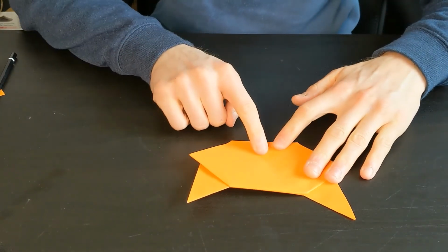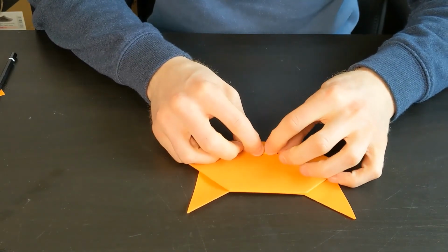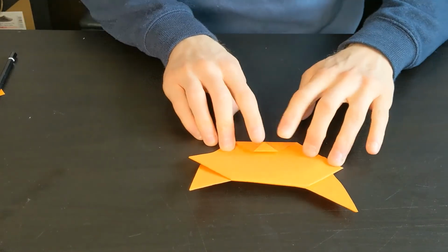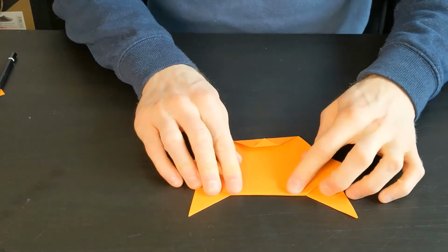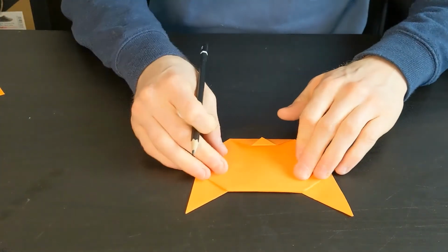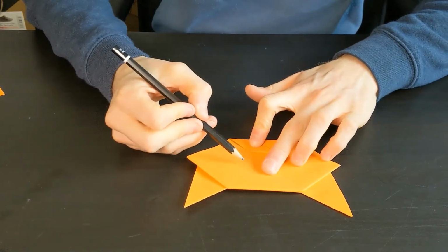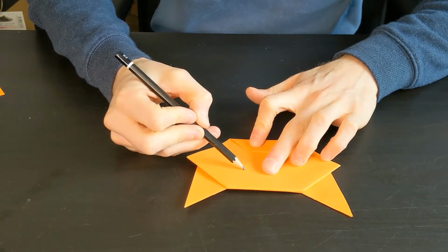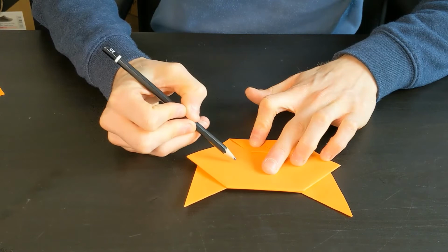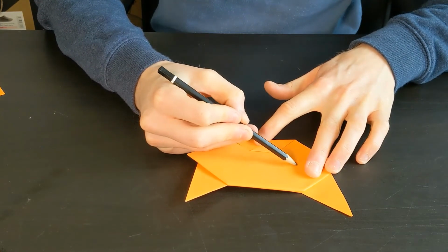And then you're going to take this piece here, and you're going to fold it down, because this is going to be the nose. So you're just going to fold a little piece of it down like that. So that is the shape of your origami cat. And then obviously you go in and put your details in, so you'd need obviously some eyes. You could do the eyes that everyone I work with seems to absolutely love doing, which is these really big eyes,